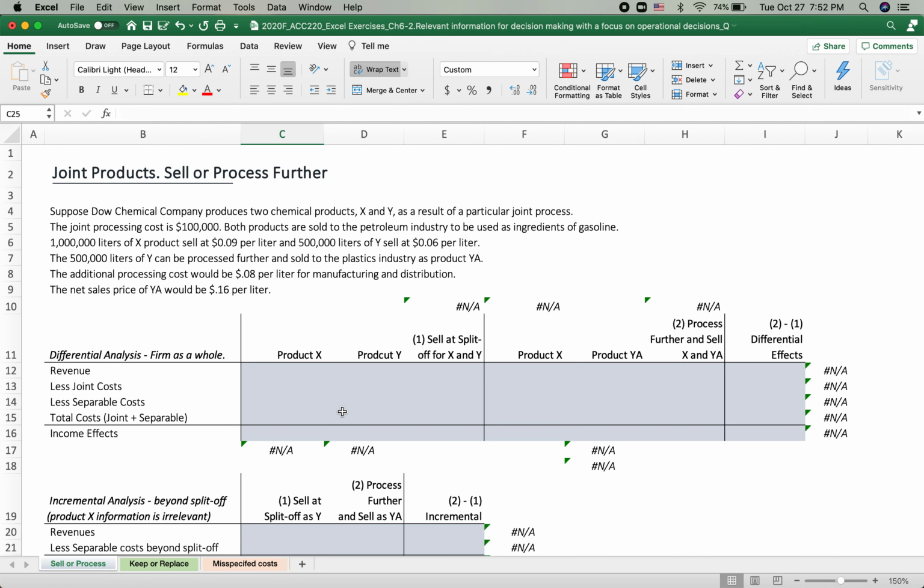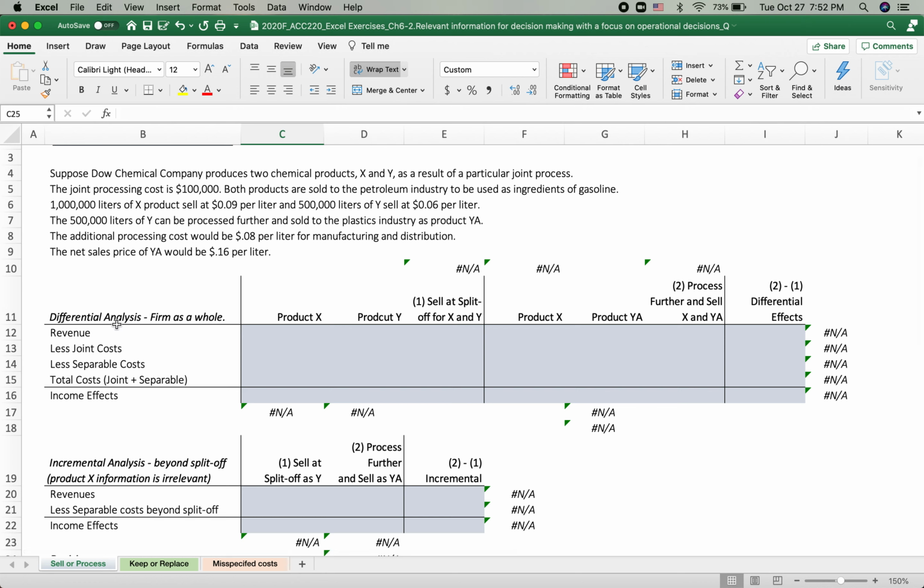That is the further processing case, and sold to the plastics industry as product YA. The additional processing cost, that is the separable cost, would be 8 cents per liter for manufacturing and distribution for YA products. The net sales price of YA would be 16 cents per liter. Okay, as you can see, that shows the differential analysis showing all the revenue, the joint cost, the separable cost